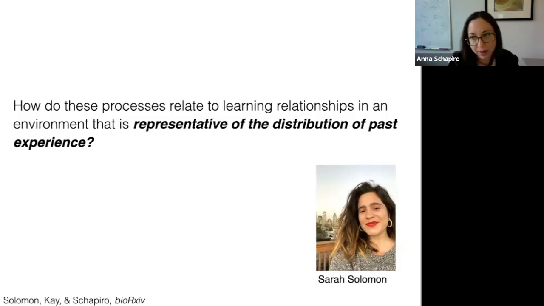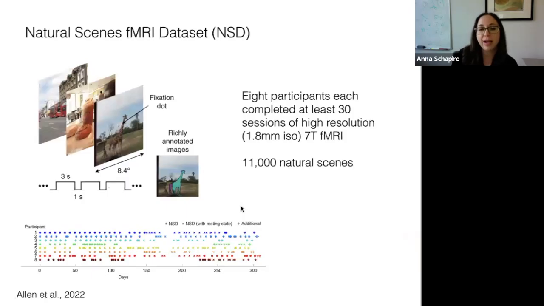we're also interested in the possibility that those regions that represent the prior knowledge might be able to directly incorporate this new information. So this is a study to try to understand whether there are situations where you can directly shape those cortical representations. So for this study, we used the natural scenes dataset, which is a really amazing dataset where